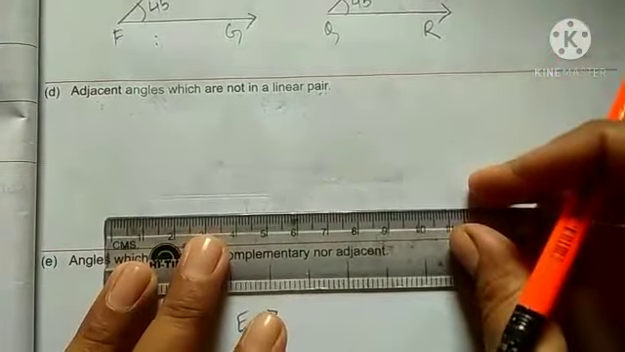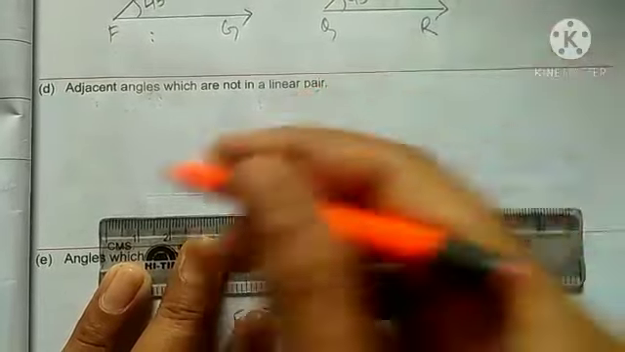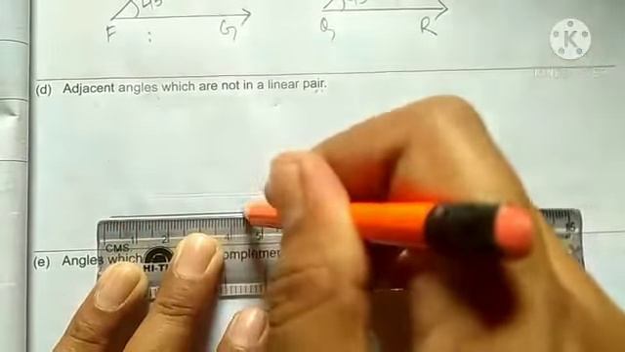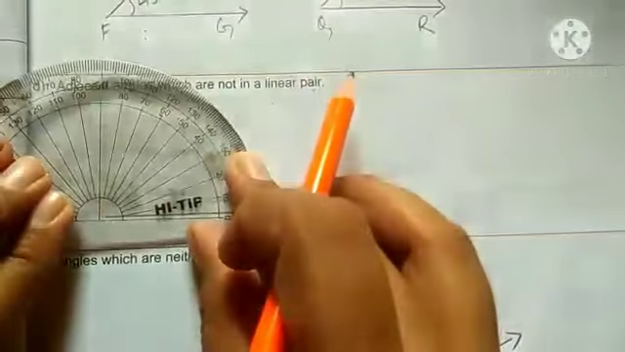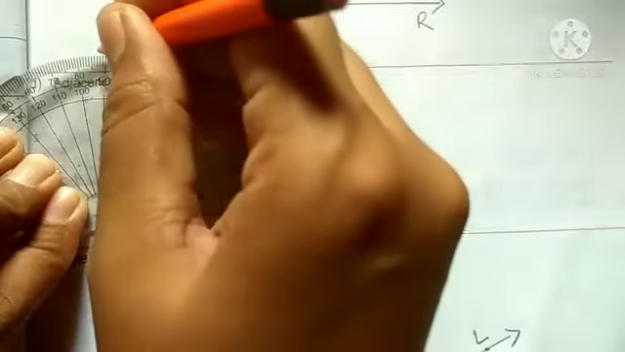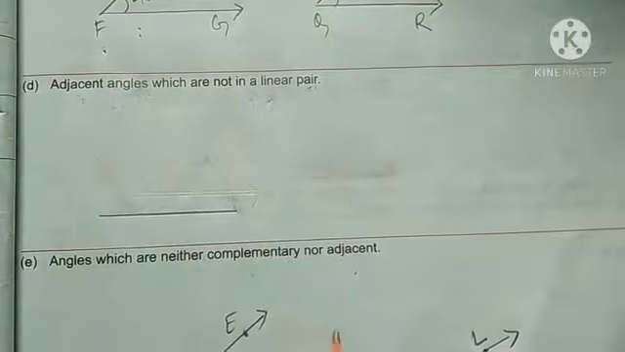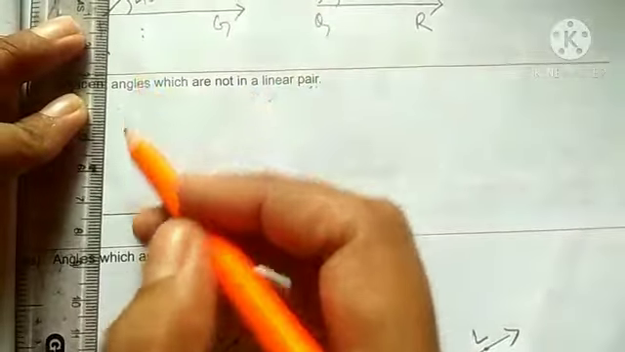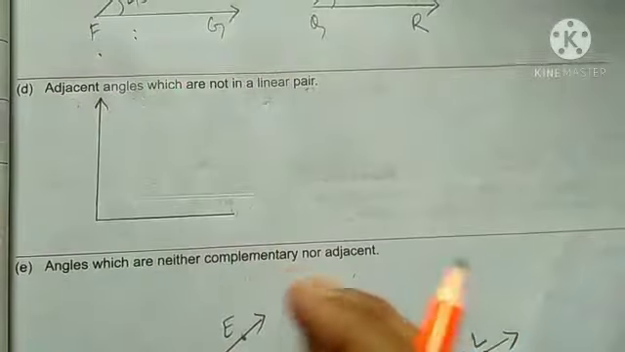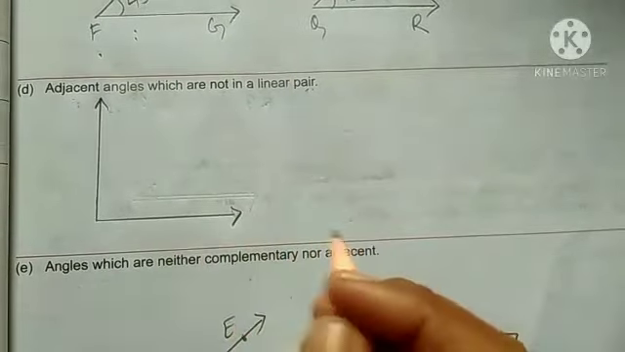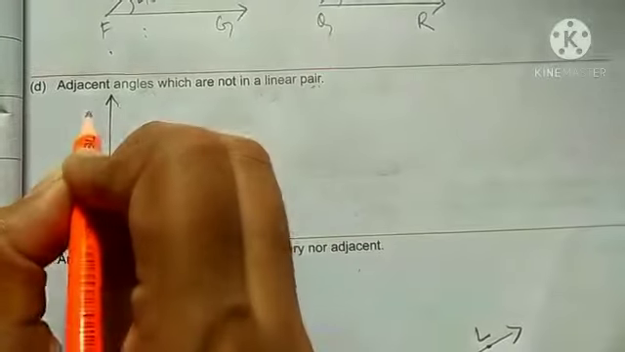So see what you will do. First of all, we will draw the angle of 90 degrees. So first we will draw the base over here. Now take your protractor. With the help of your protractor, mark 90 degrees. So this is your 90 degree angle. Clear everyone? Now what you will do, now in this angle